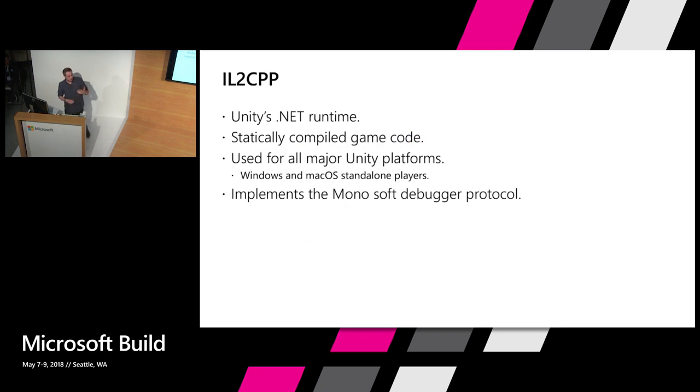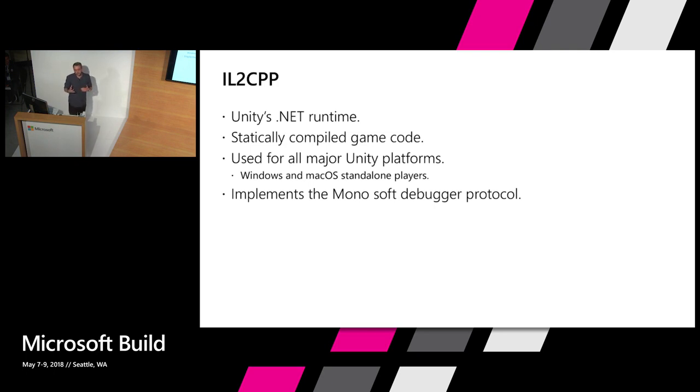A quick word about IL2CPP. For those of you that don't know, IL2CPP is the .NET runtime that Unity uses when you export a game for a target platform, let's say iOS. And what it does is actually quite nice. It will take the code of your game as .NET code, and compile it to C++ for the target platform. And you get a statically compiled game running on iOS, written in .NET, linked with the Unity engine.